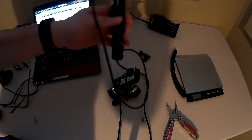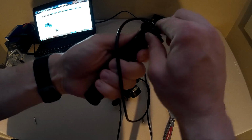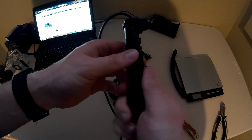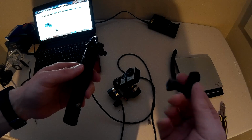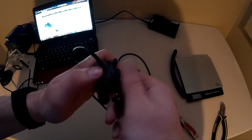Okay, now that is on there very well. That is barely moving. It is very tight on there. And what I've done is now I've created a GoPro mount on the handle itself. So if I take a couple little pieces here and stick them together,